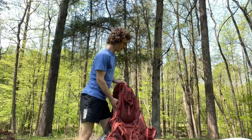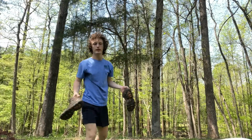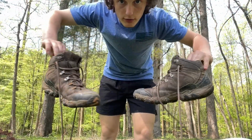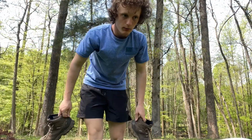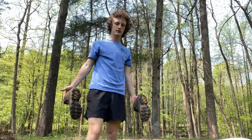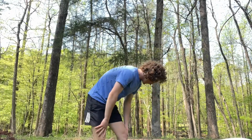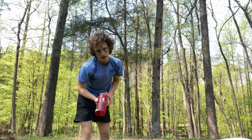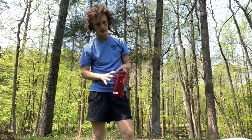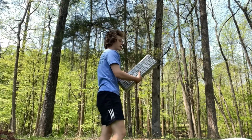Okay, now here are my boots, which I am not wearing right now. Altra Olympus, great shoes, I love them. They're waterproof, which you don't necessarily need on this trail, but it's helpful. There's lots of streams and lots of waterfalls. And I just brought 1 liter of water because there were so many places to get water. So there's that. Here we go. And now off to